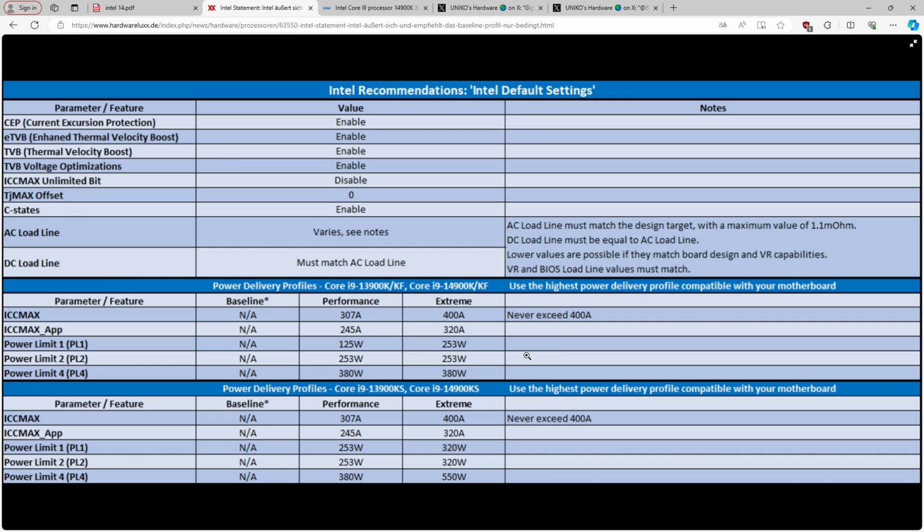But at the same time, like I mentioned earlier, even a $200 Z790 motherboard will quite happily put 300 amps, 400 amps through your CPU. There's no reason for any Z790 motherboards that I'm aware of to actually use this configuration, right? Because Intel, in the statement, they're like,